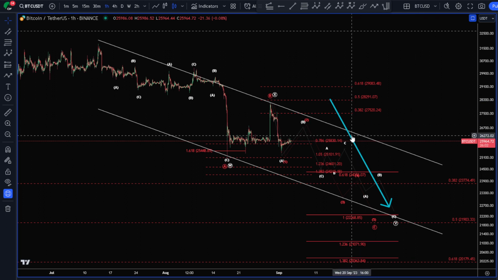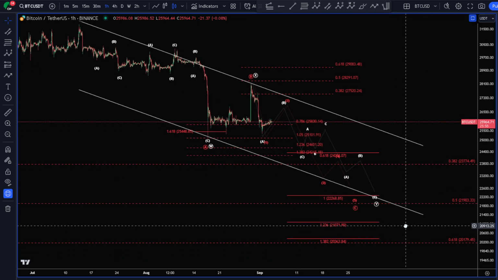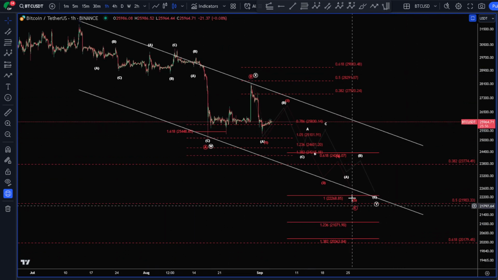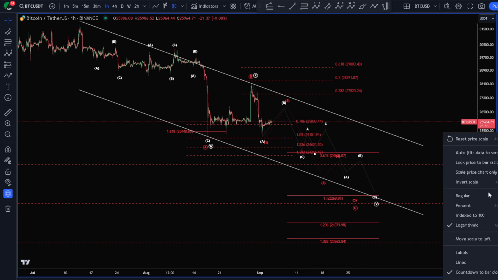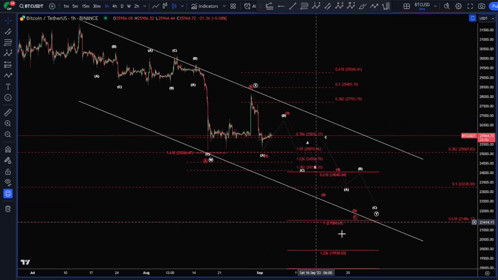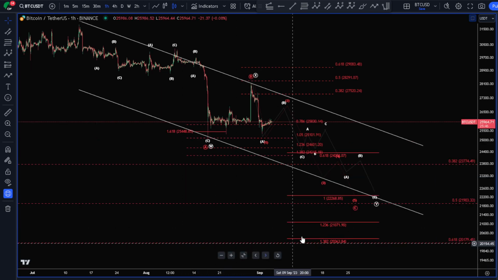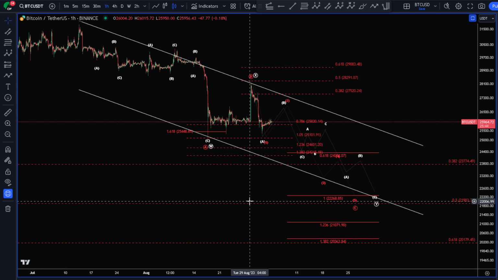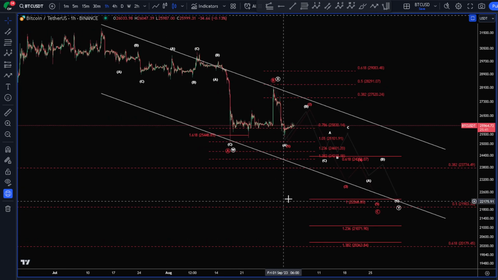Now going to my primary counts here, finishing up. Off our AB, our C wave target is 22,268, where we have a potential bottom, and a little lower in linear. Sticking to log scale for now, it's the closest of the two prices, so that's where I would look to take profits. And if we have a